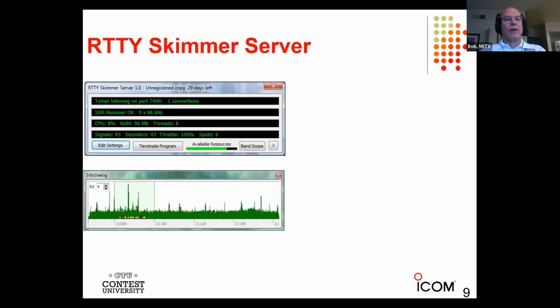Finally, the last one he came out with is the RTTY Skimmer server. You can see a picture of it here. There's a little green band that shows the RTTY band that it's decoding. It's ignoring all the other signals. These little yellow dots down here are called